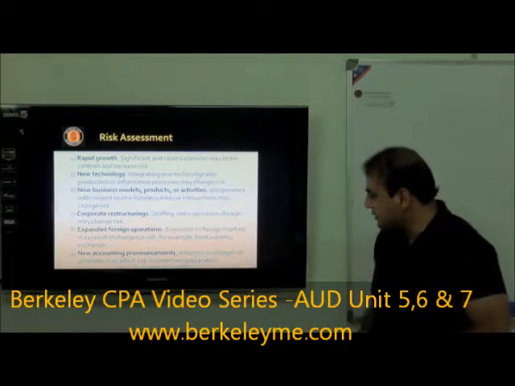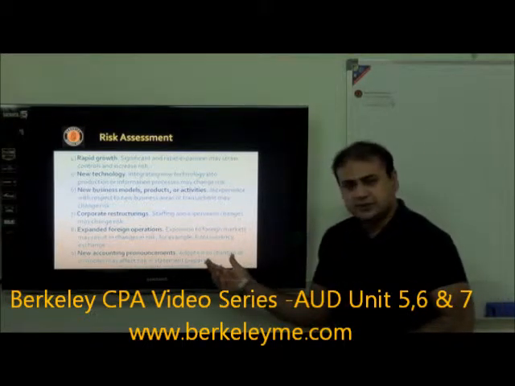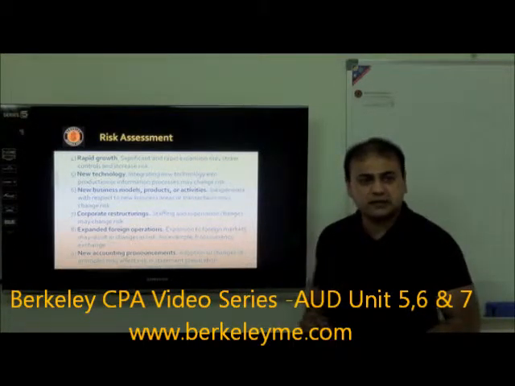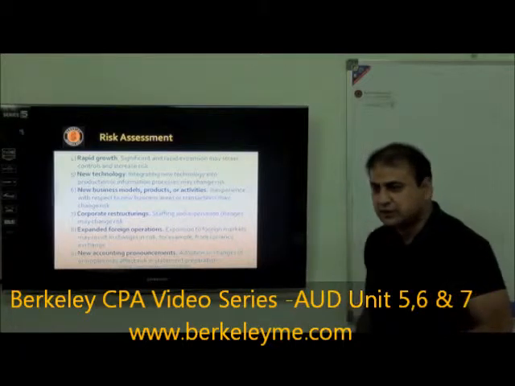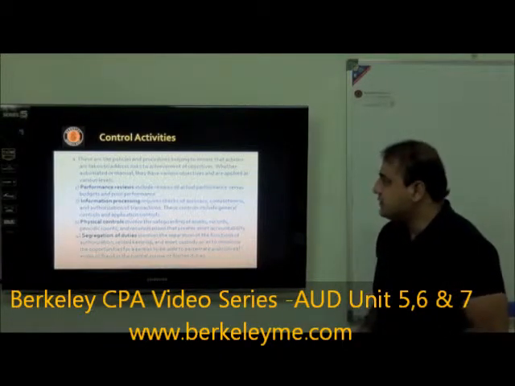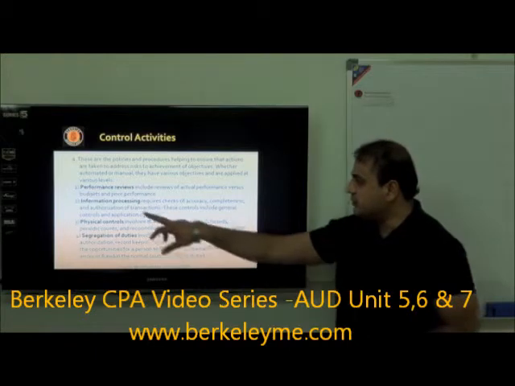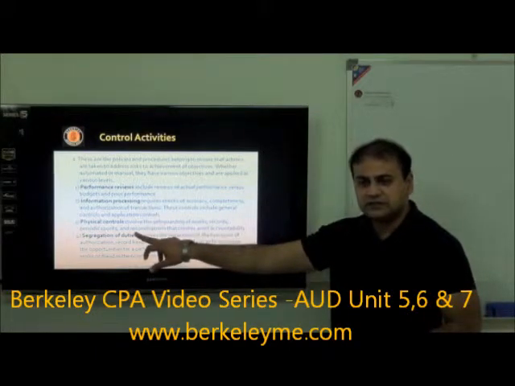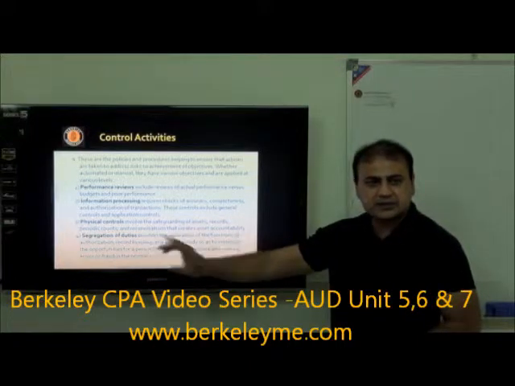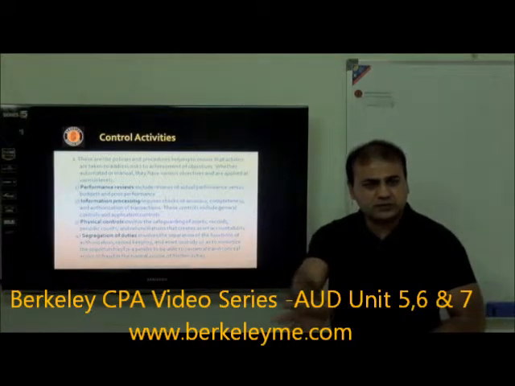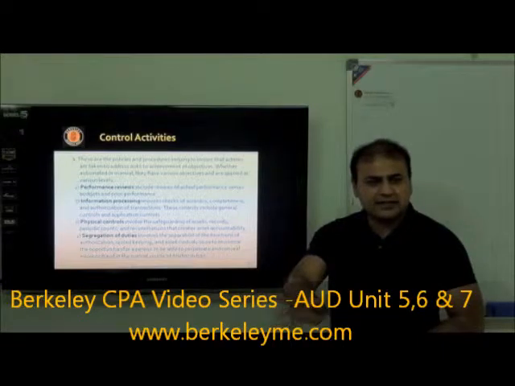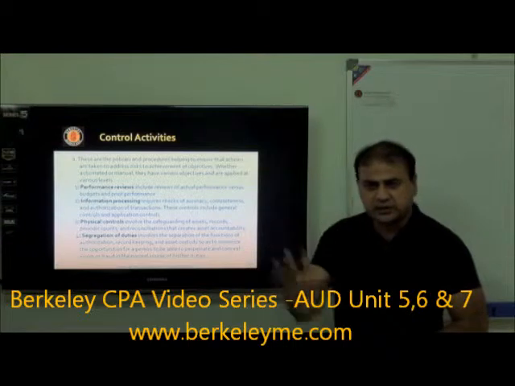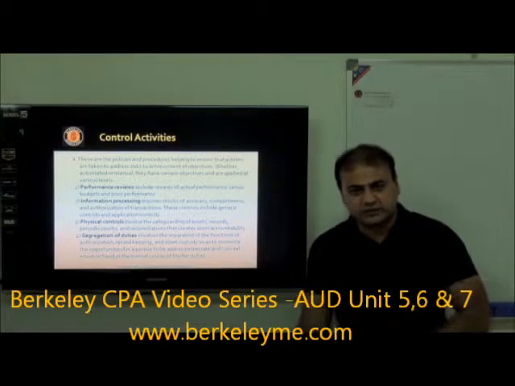New accounting pronouncements will also create risk, because of the consistency principle of accounting, we have to evaluate the adequacy and measurements. Control activities: for control you have to see the performance reviews, you have to see how the information is processed, what the physical controls are. As we discussed for computers, we need physical controls, and for access to cash, physical controls, we have to keep it separate, lock it somewhere where people are not moving around.